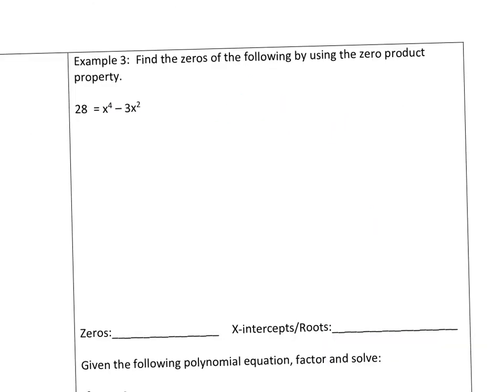All right, continuing on with different examples. Taking a look at this one, I challenge you to pause this on your own and see if you can factor it and see if you can find all 4 solutions that you should have. Okay, hopefully you've had a chance to do this. Hopefully you noticed from the beginning that it was not set equal to 0, so it's subtract over my 28, and want to put it in the format of standard form. So notice I put it in order first,